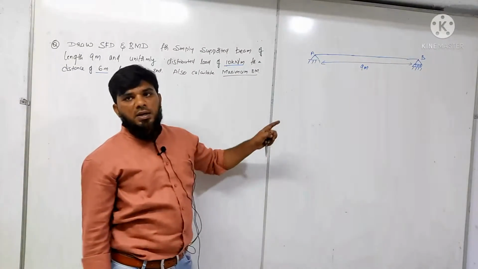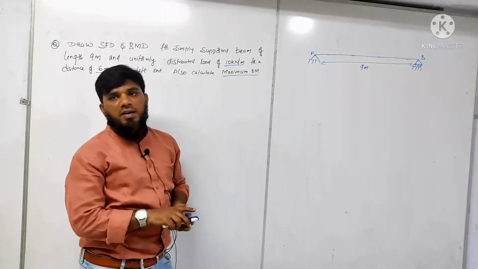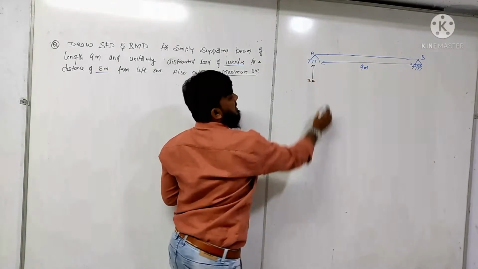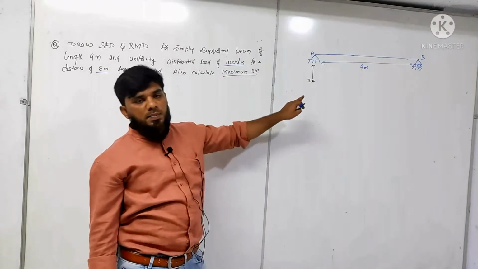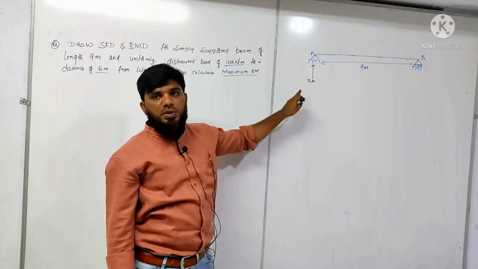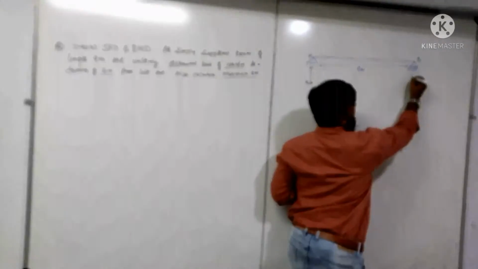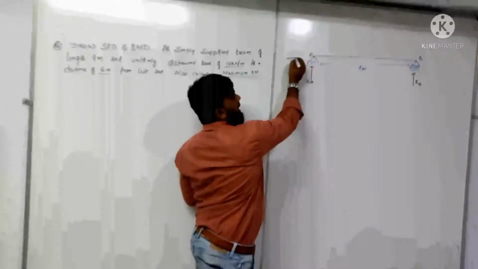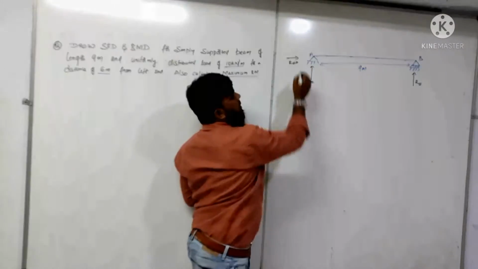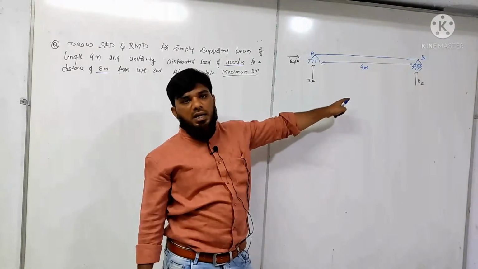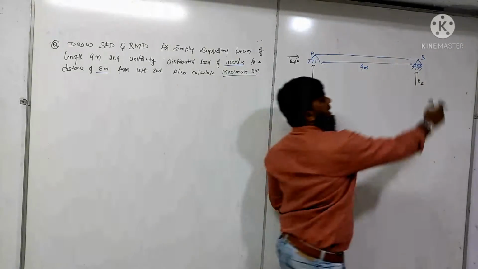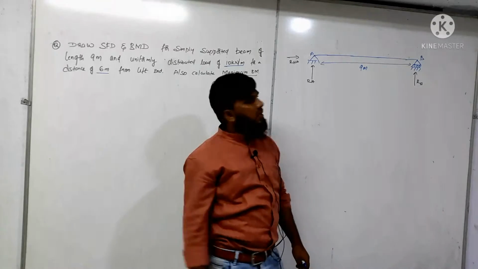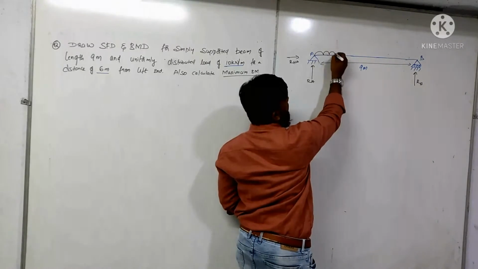Whenever I say fixed, obviously we will be having reactions. As we already discussed, in a simply supported beam we take two reactions, one as RA and another as RB. Another reaction could act in the horizontal direction, but since there are no other forces acting in the horizontal direction, that will become 0. There is no horizontal reaction because it is free to move along the horizontal path. Now let us draw the UDL.